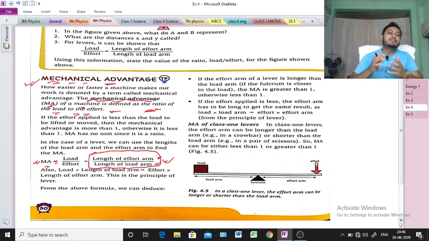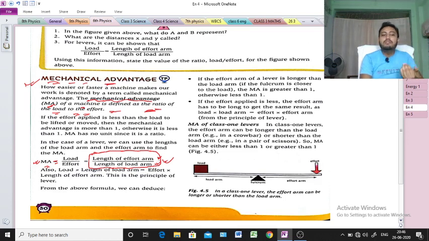Okay, so when the value of the mechanical advantage will be equal to 1, just try to understand. If the length of the effort arm and length of the load arm is same, let's say length of the effort arm is 5 centimeter or 5 meter, whatever, and length of the load arm also same, that means 5 meter or 5 centimeter, so 5 by 5, that means it will cancel. Clear? In that particular point of time, the value of the mechanical advantage is 1.